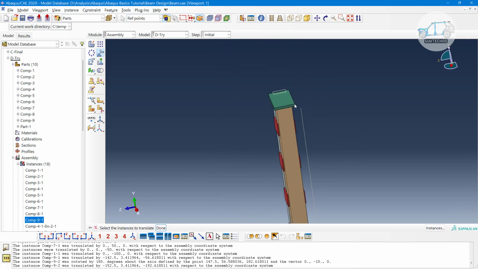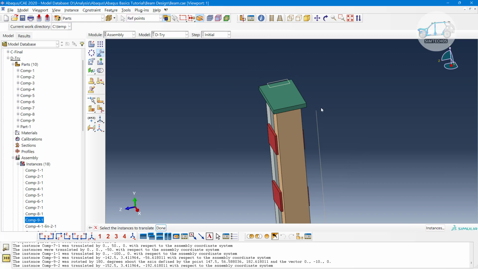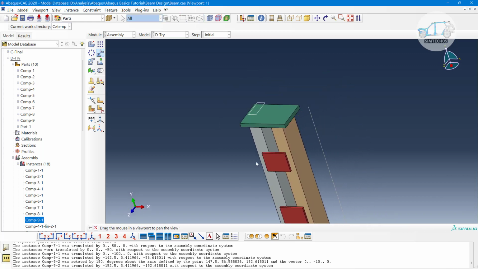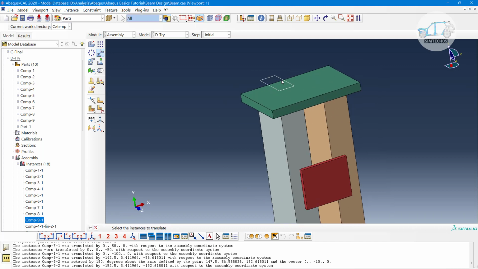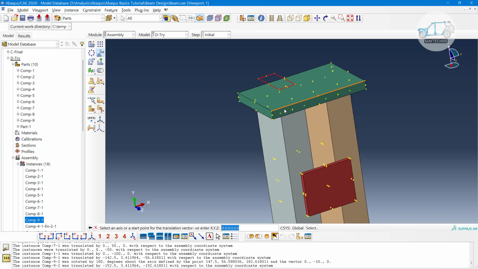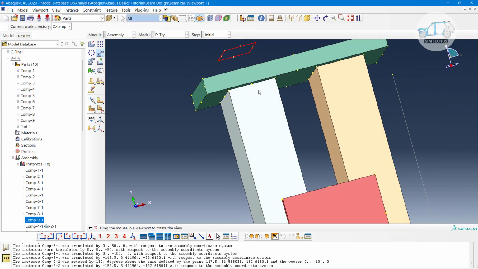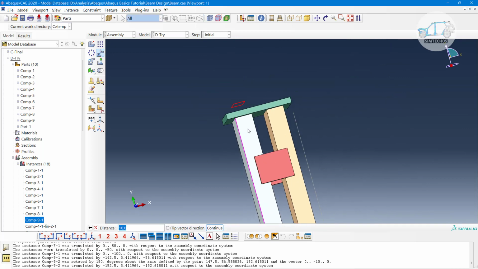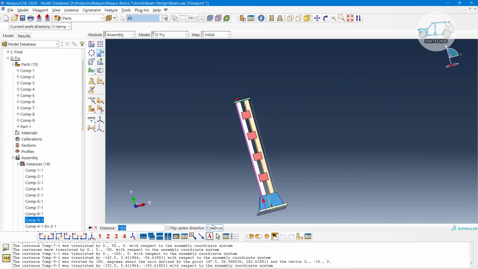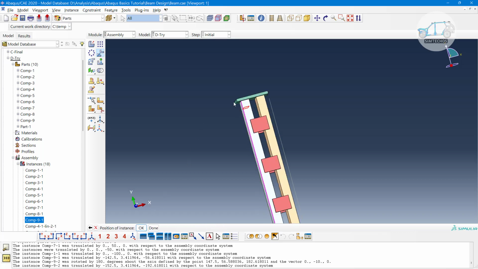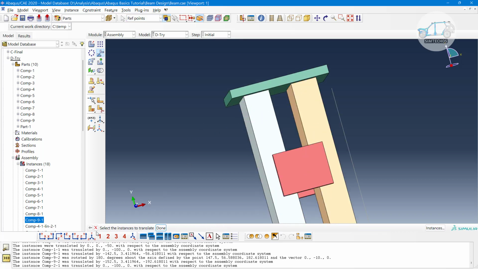Then the final is the embedded member, and as we know, the distance of this member is around 50. If I directly place it with the distance of 50, it will be exactly on the surface of this column. But I don't want it exactly at the surface. I want a little bit more distance. And yeah, reverse the direction. It is 100 in my case actually. So here it is. Okay, so go to the top view